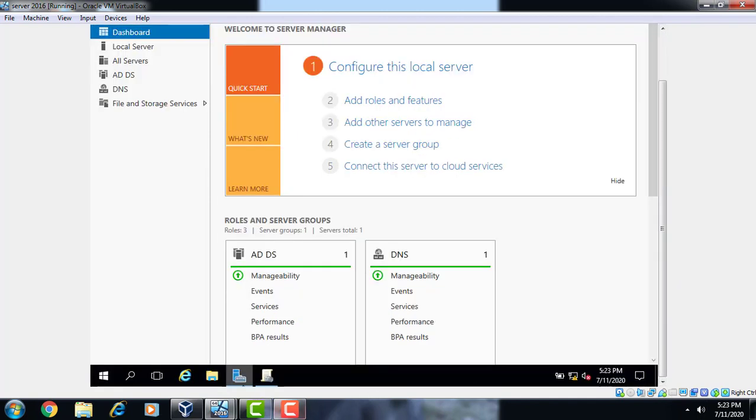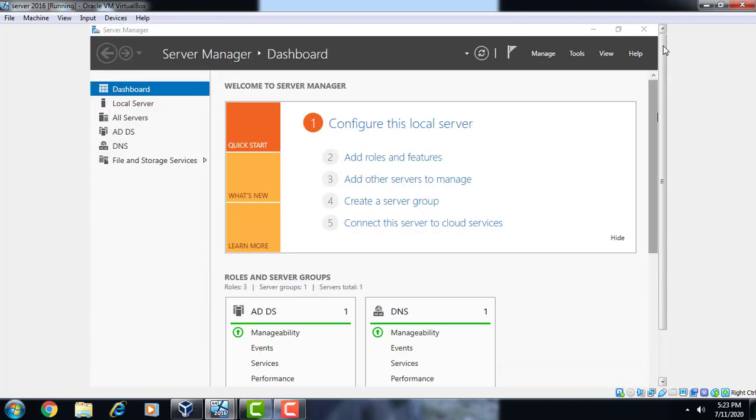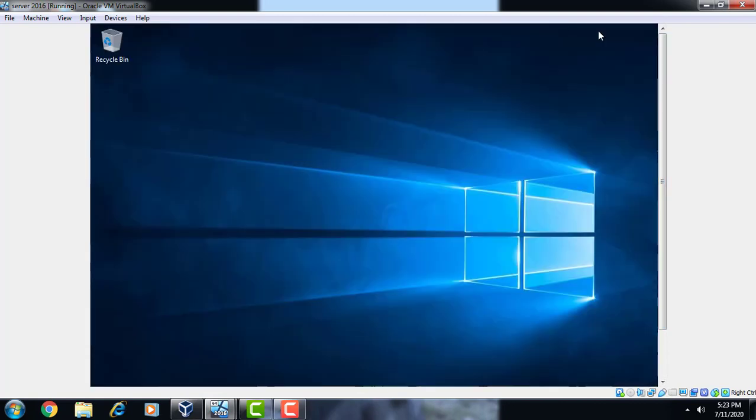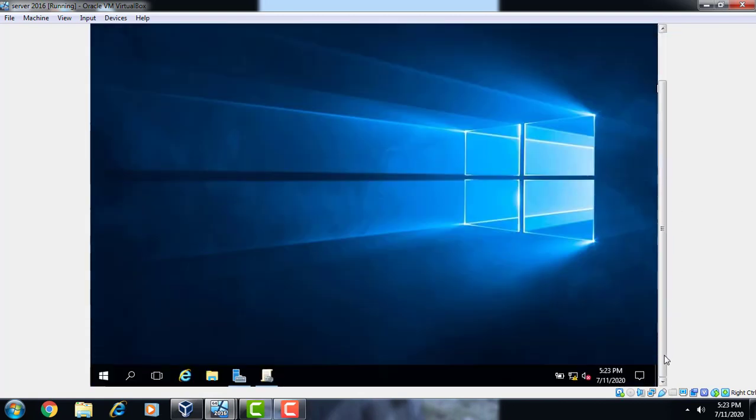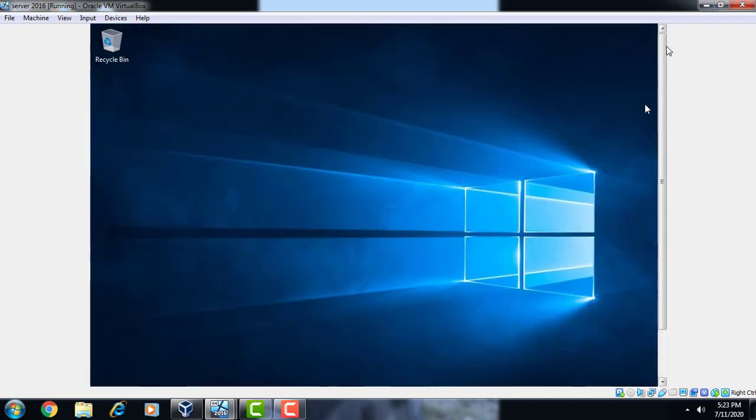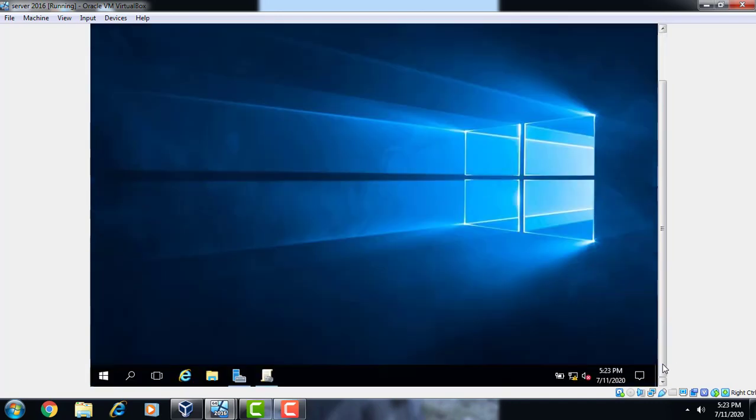To do this, first we have to open the CMD to run the gpupdate force command, to apply the policy on the client side.